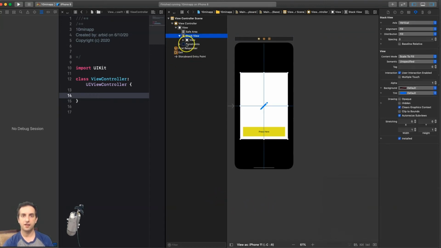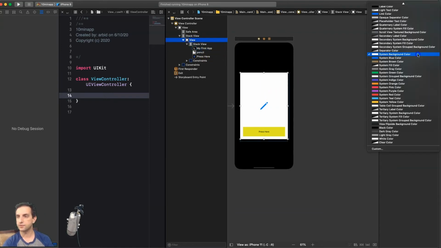So basically you can see you have boxes in another box. So you have a stack view, and then you have a view, and then another stack view. So now I can set my background color on the view. So I'm gonna set it as black,